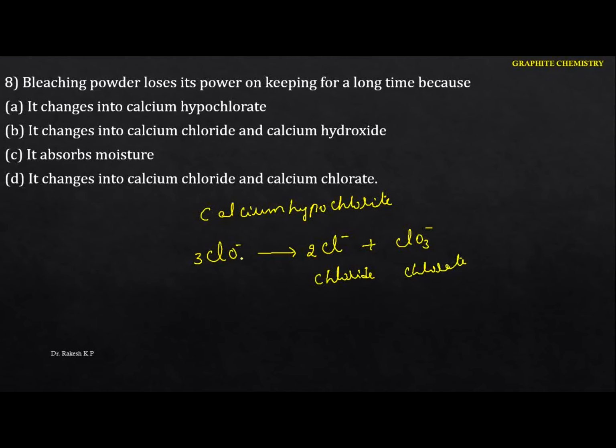So now if we keep it for a long time, what does it form? The respective chloride and also the chlorate. Hence the option is D. Okay, so next one. The Thomas slag is, okay, this is nothing but the calcium